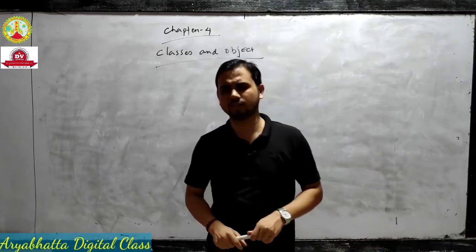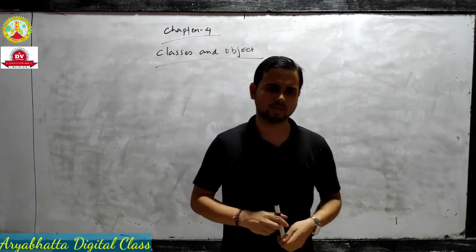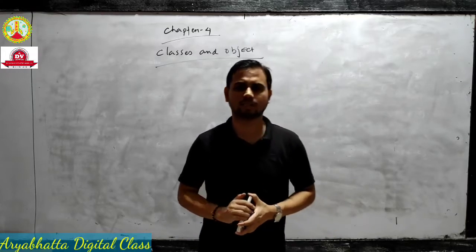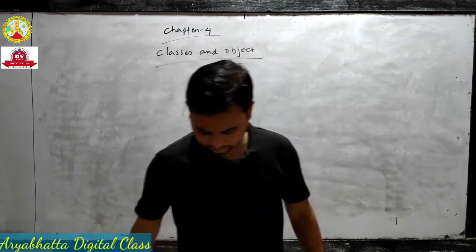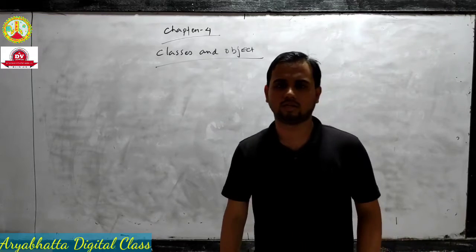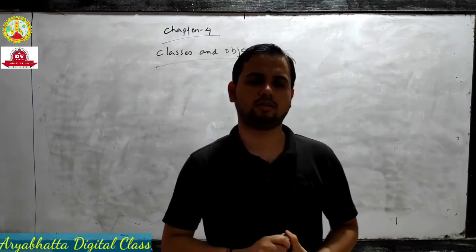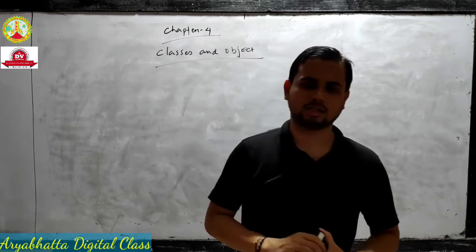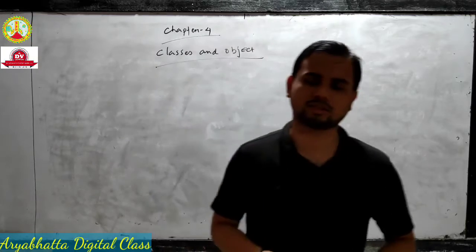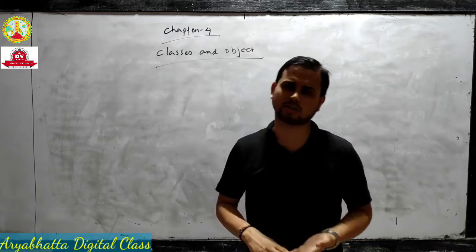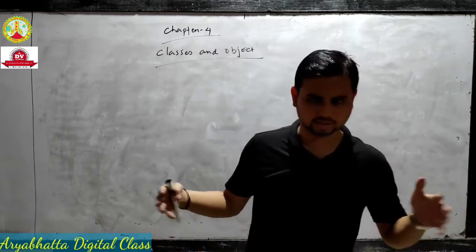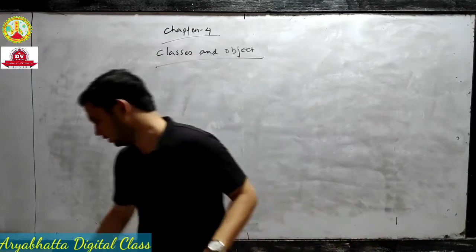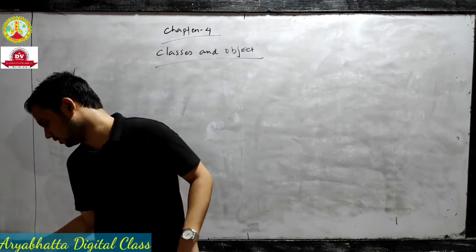The class definition is instantiation of an object. Instantiation of an object means some object. Suppose you take school as a class, then in school how many objects? Suppose in the class, the period, your room number, roll number, everything is inside the class. Suppose you take bank account as a class, then account number, account type, account holder name, everything is inside the class. Classes means actually a group of objects. Okay, you write down what is the class definition.